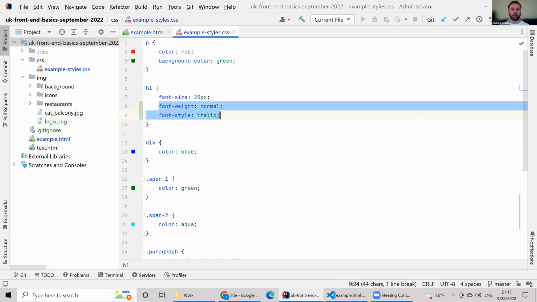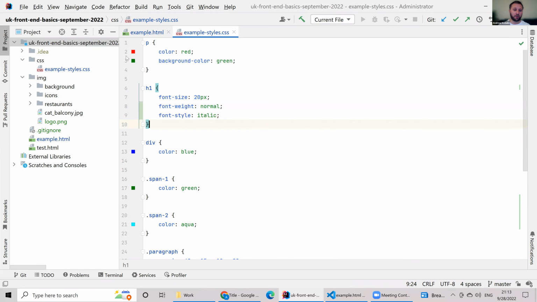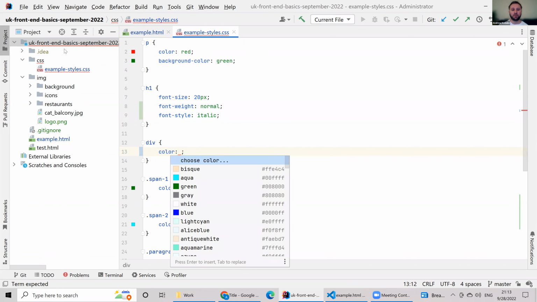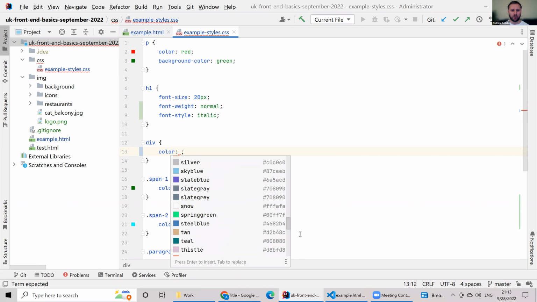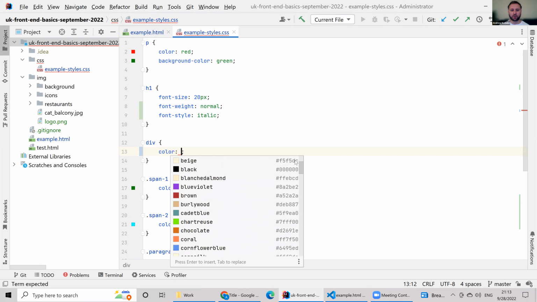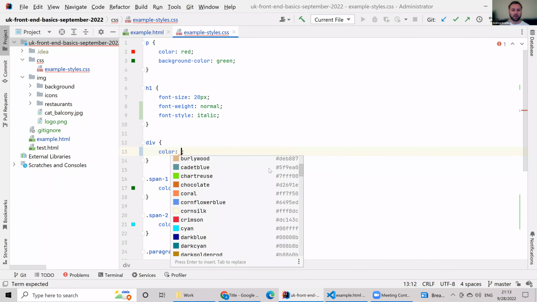So these are the 3 most common properties that are used to style your fonts, basically all your text on the website. Well, there is a 4th one, which doesn't have the font prefix, which is called color, but we already learned about it. So if you want to change the color of your font, you just use color and provide any color name or color code. In terms of color names, there are up to 100, I don't remember the exact number, or several dozens of colors that you can see here,